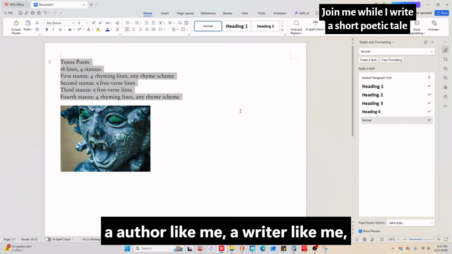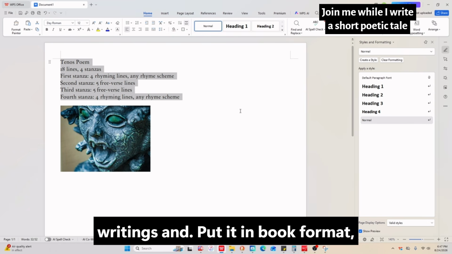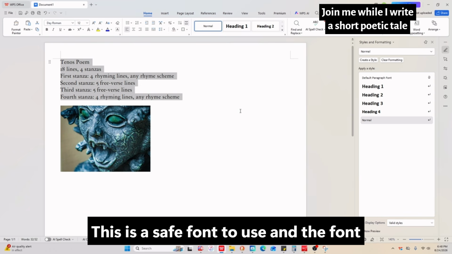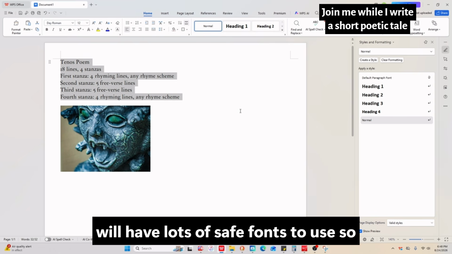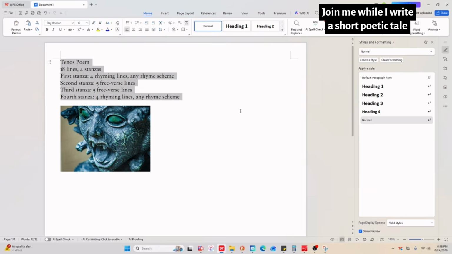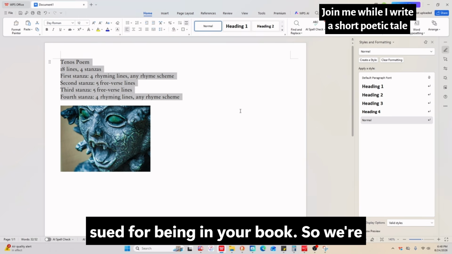So if you're an author like me, a writer like me, someone who likes to publish their own writings and put it in book format, ebook format, or even real book format, this is a safe font to use, and the font site will have lots of safe fonts to use, so you can have cool, fun fonts that you don't have to worry about being sued for being in your book. But so we're starting here,